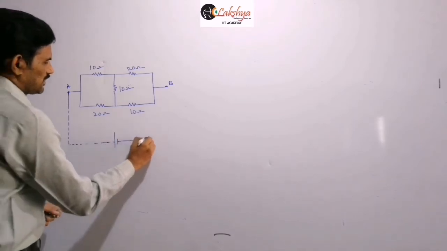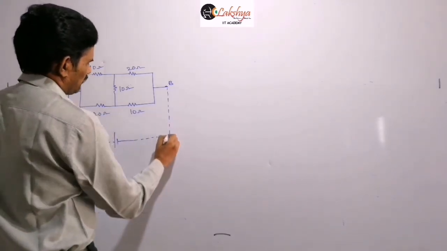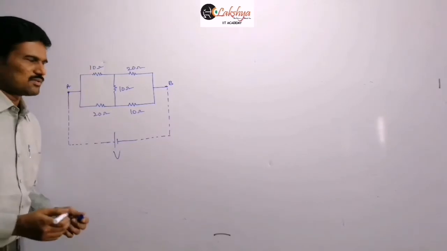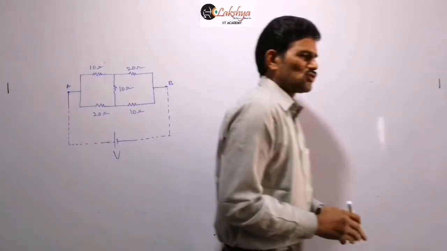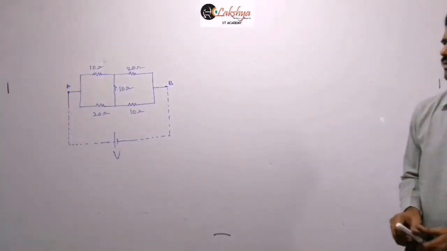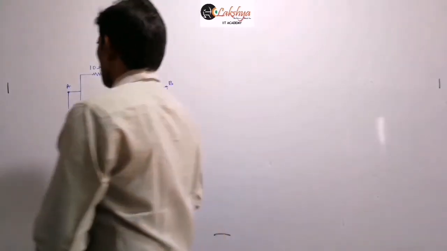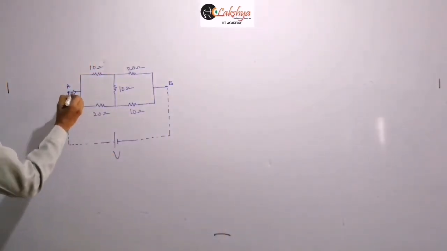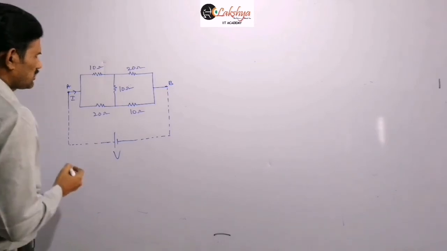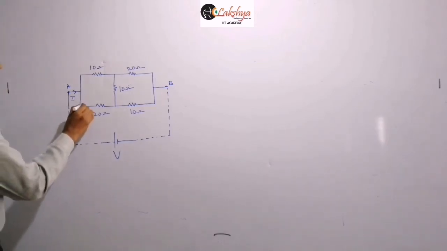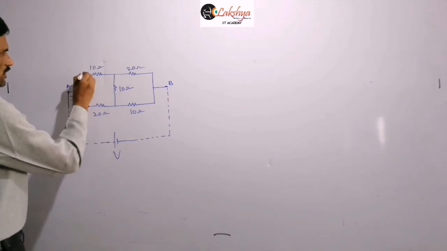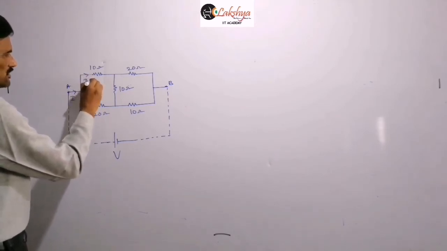So here a cell is connected, we are assuming like this, right? This is of potential difference V. So you may write that assume a cell of EMF V is connected between A and B. Now I am taking the current distribution here. So from this cell I am assuming this current I is flowing here, right? And so then here this current I am taking as some I1, then this current will be I minus I1.